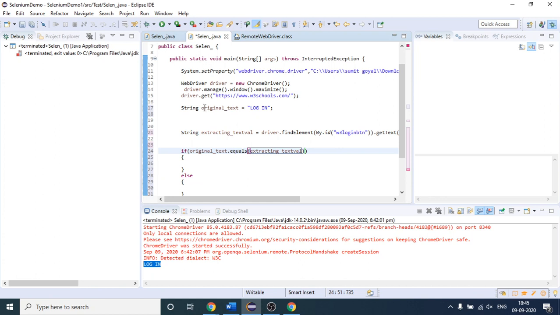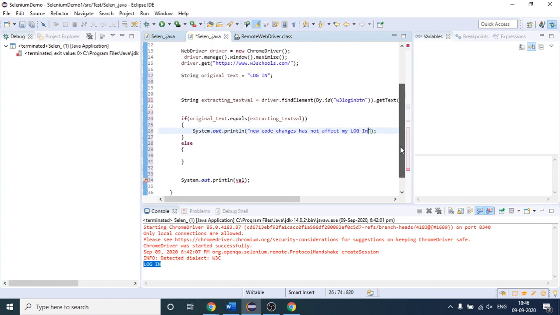If this original text is equal to the text which we are extracting from our browser, I will simply write: new code changes has not affected my login text. Which is correct, the client does not have any issues with it.